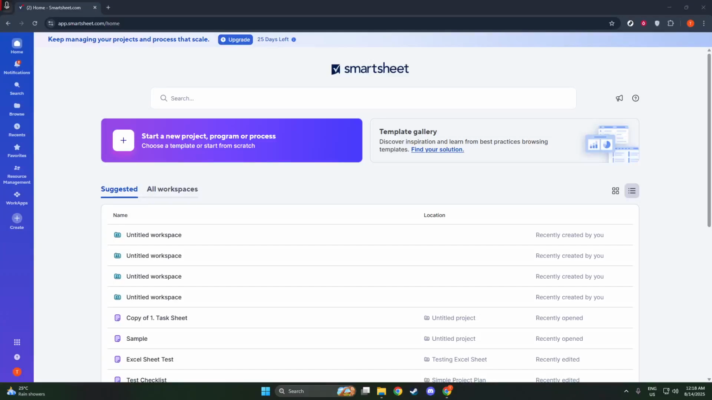In today's video, I'm going to teach you how to move your Smartsheet into a workspace. This process is straightforward and can truly enhance your efficiency by keeping your projects organized. Let's dive right in. Starting off, open up Smartsheet and take your attention over to the left-hand side of your